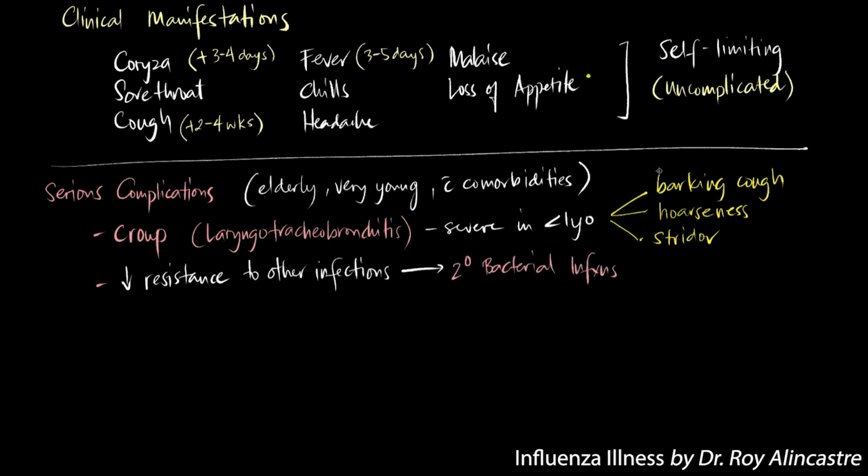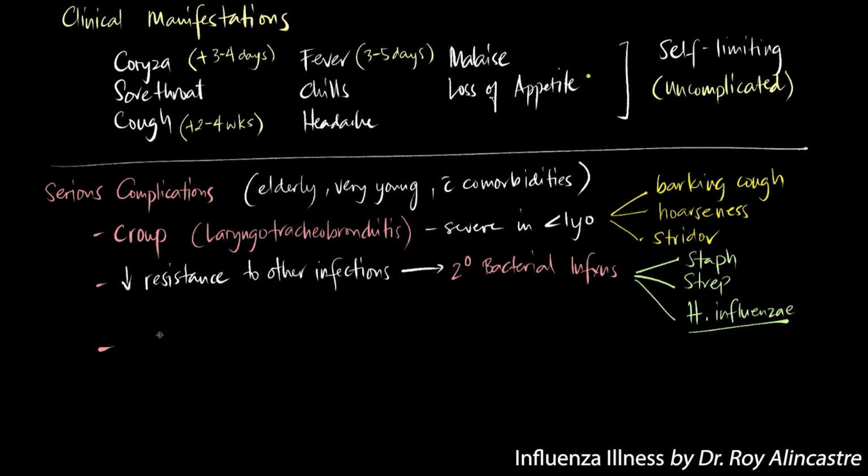So like bacterial infections, especially Staphylococci, Streptococci, and Haemophilus influenzae. Okay? This is because there is now loss of ciliary clearance, right? And then there is dysfunction of phagocytic cells, and also the alveolar exudate or the pus makes a rich growth medium for bacteria to proliferate. So aside from just a flu, you can also have a secondary bacterial infection and even another viral infection at the same time.